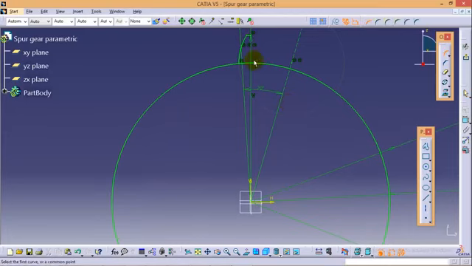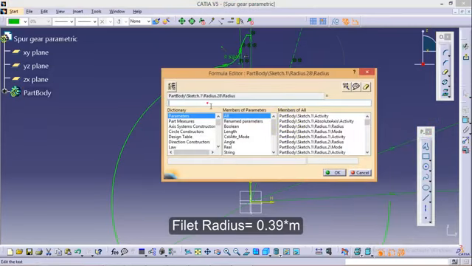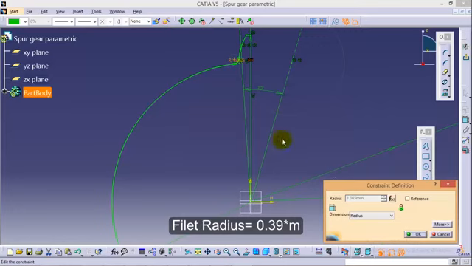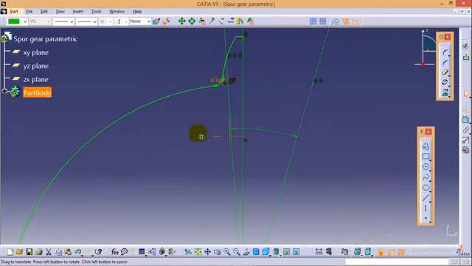We can define a fillet radius also between these two curves, and the fillet radius would be 0.39 into module. So yes, you can see the fillet radius is automatically calculated over here. Now we'll be mirroring this figure with respect to this line.